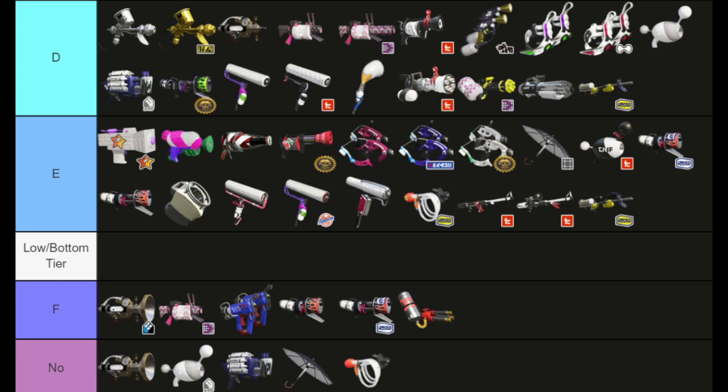Flingza Roller is a pretty interesting roller. The vertical flick paints so much and can be used safely that it's basically kind of a supportive weapon, which is really interesting for a roller. However, where this weapon falls flat is its kit. While Bomb Rush is a solid supportive special,